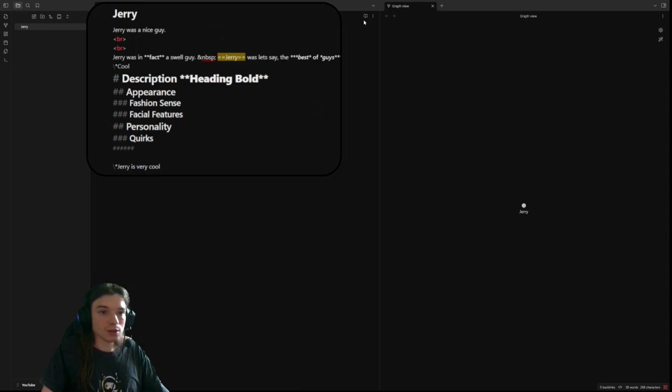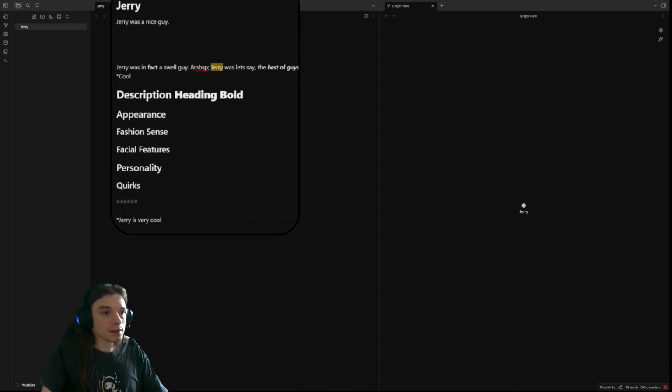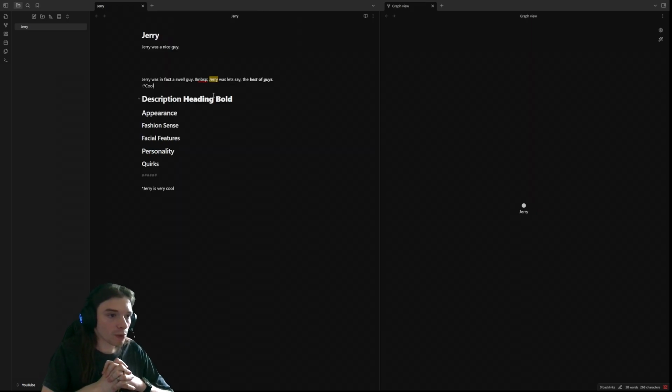Wow, this looks kind of awful under the hood, but that's fine because the beauty of Markdown is it's still pretty readable, and I'm going to look at it like this most of the time. Just a couple other little formatting options that we have are things like strikethroughs. So if I change my mind about Jerry being cool here, maybe when I put the asterisk on cool, I